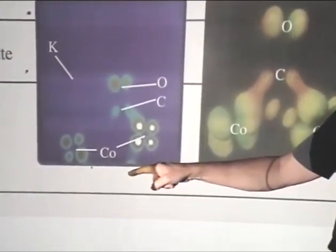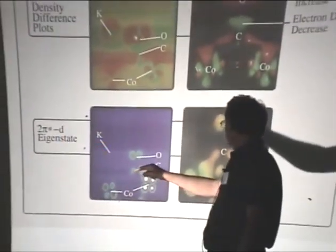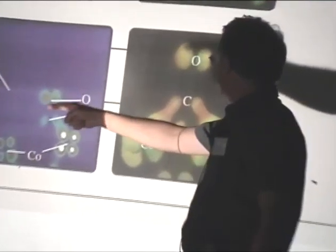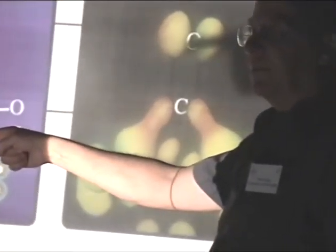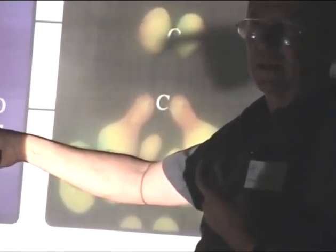This is at gamma bar, so there are many of these states depending on the value of the wave vector. But just taking this highly symmetric state as an example, we see again the charge domination around the oxygen atom. So this is a highly distorted 2π* state, and